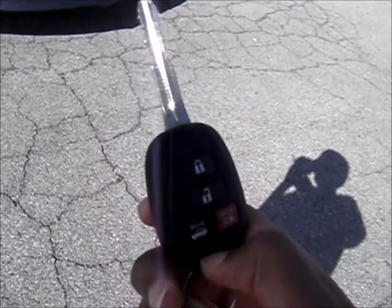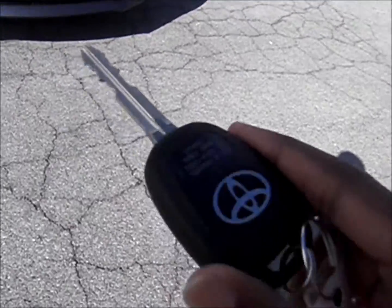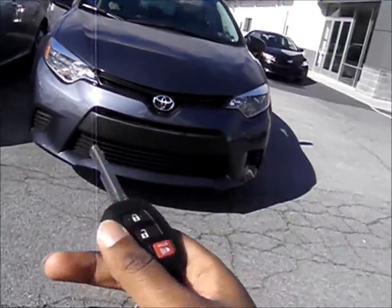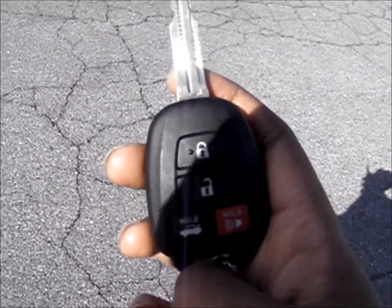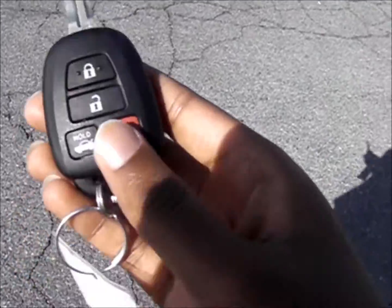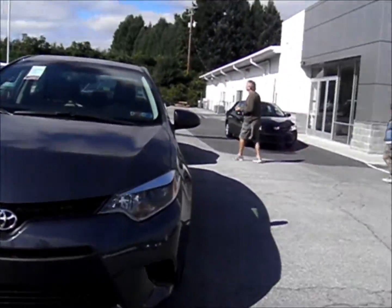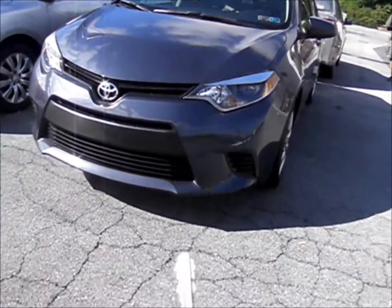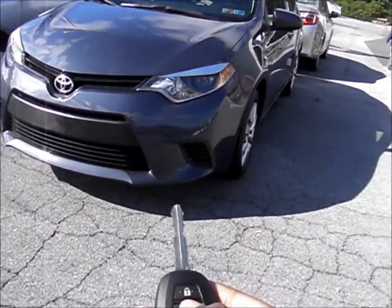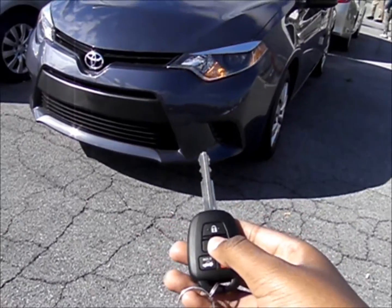The Toyota Corolla has standard on every model keyless access to the car. You have 4 different buttons: lock, unlock, a button to pop open the trunk, and the panic button, which is of course going to flash the lights and sound the horn. 1 beep indicates locking, 2 beeps indicate unlocking,